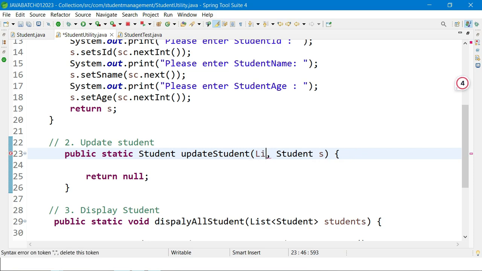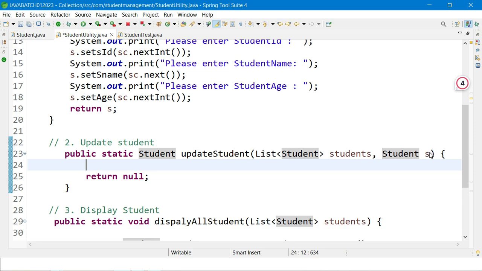So in the first parameter, take the list of students. Okay, so student, and here take the student, and we have to update the student value. Okay, so don't take these parameters also. Here only you can take the object as student, and you can take all those values, and you can return it. Okay, so what we can do is